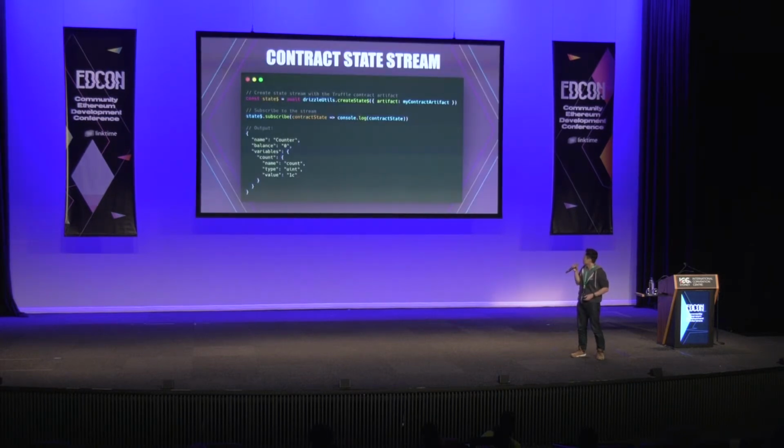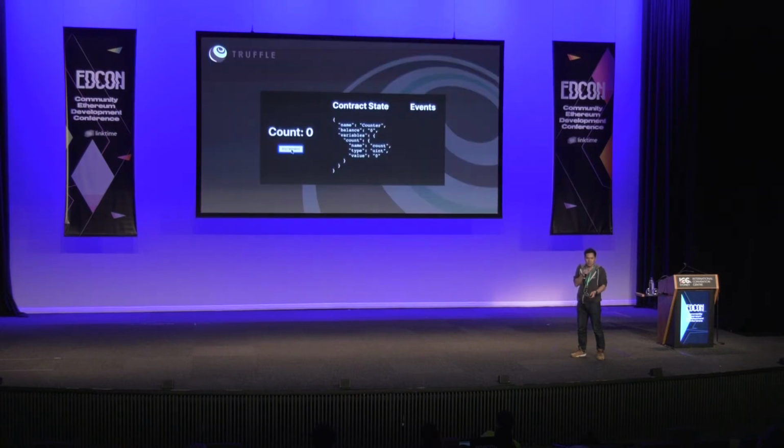Okay, cool. The other thing I want to point out is that you can see under the count variable, the value is 1C because it's hex. But that's all I want to point out. Next, let's have a quick demo of those 3 streams that we talked about: the call method, the events, and also state.